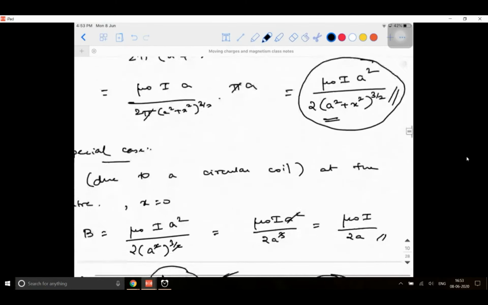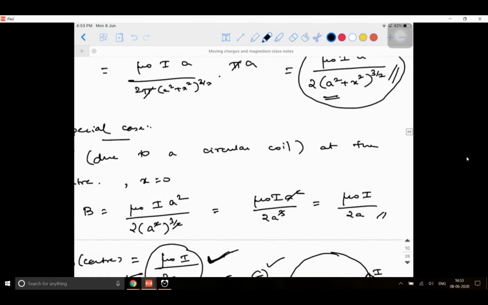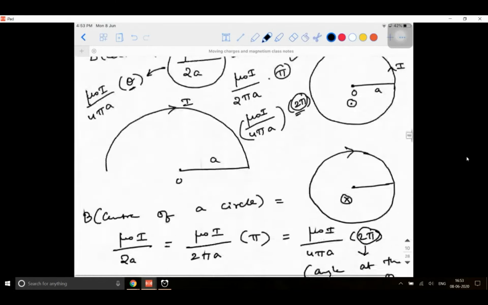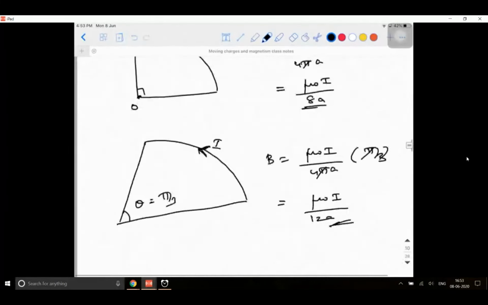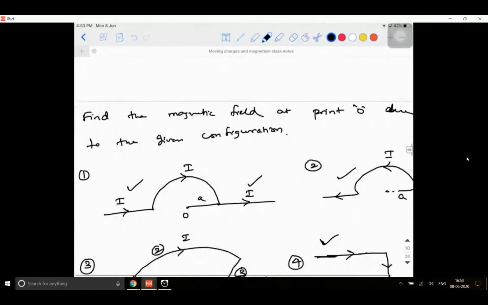The same thing is applicable here also. If the coil is made up of only one turn, it will be mu naught I divided by 2a. If it is made up of N turns, it will be mu naught N I by 2a. That's it, as simple as that. Nothing outside it. Okay. So keeping this point in mind, what I'm going to explain is